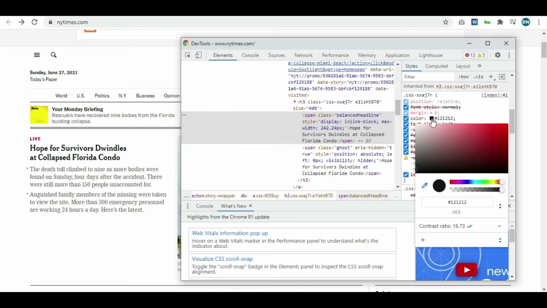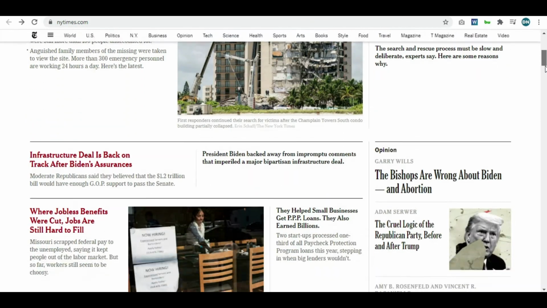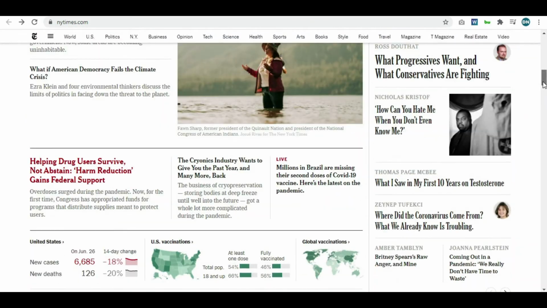Just click on this color, choose the one that you like, red for example, close it, and you will find all the headings have been changed to red.